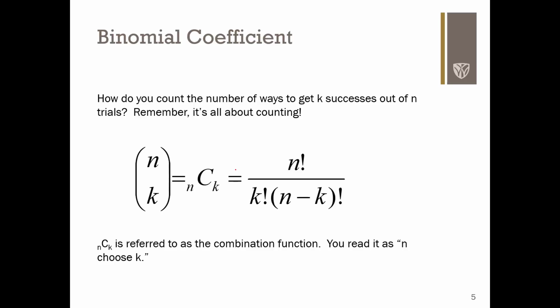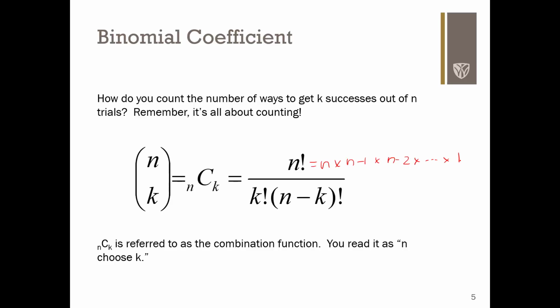There are a couple of different ways of writing the binomial coefficient. Sometimes you see it with this bracketed notation, which is also read n choose k. Often you'll see it with a capital C to represent the fact that this is a combination function. And again, it's the combination of n trials, and we're going to choose k from n. The formula is using factorial notation. So if you remember in factorial notation, n factorial is just n times n minus 1 times n minus 2 and so forth, all the way down to 1. And so the combination function here is n factorial divided by k factorial times n minus k factorial.